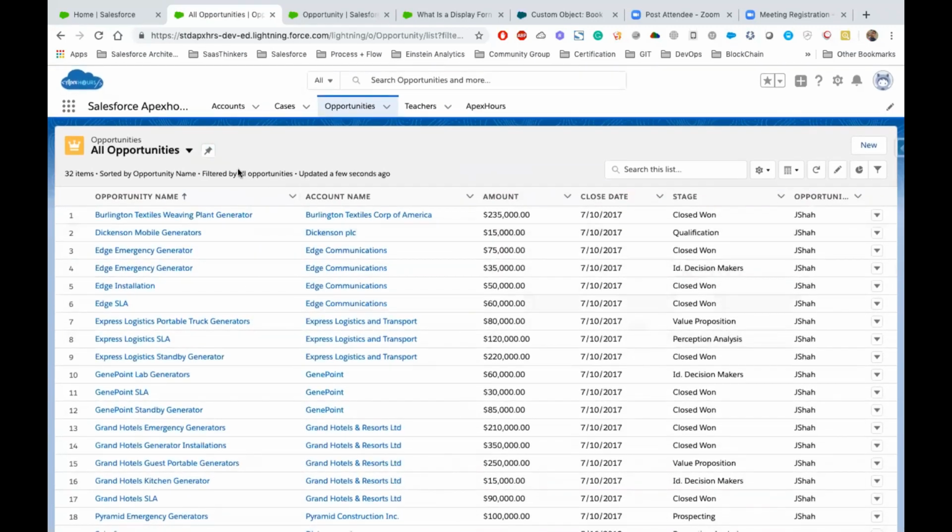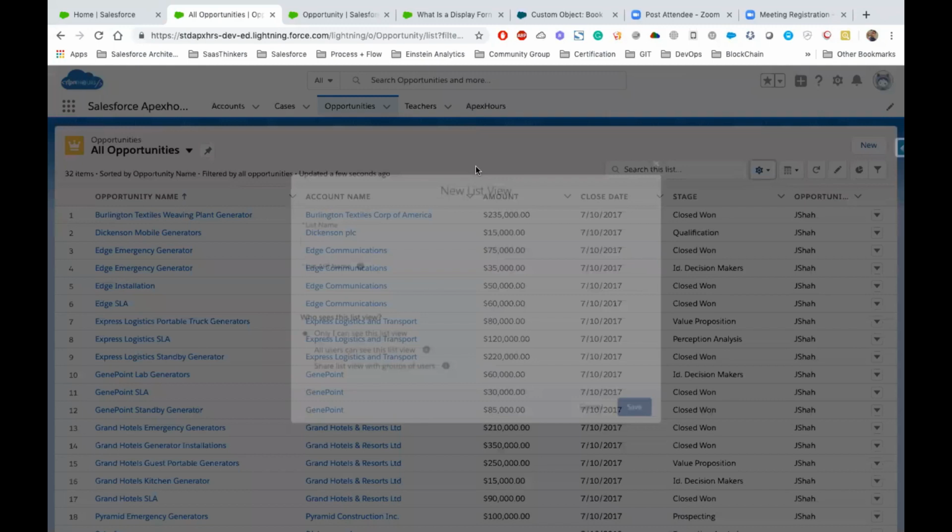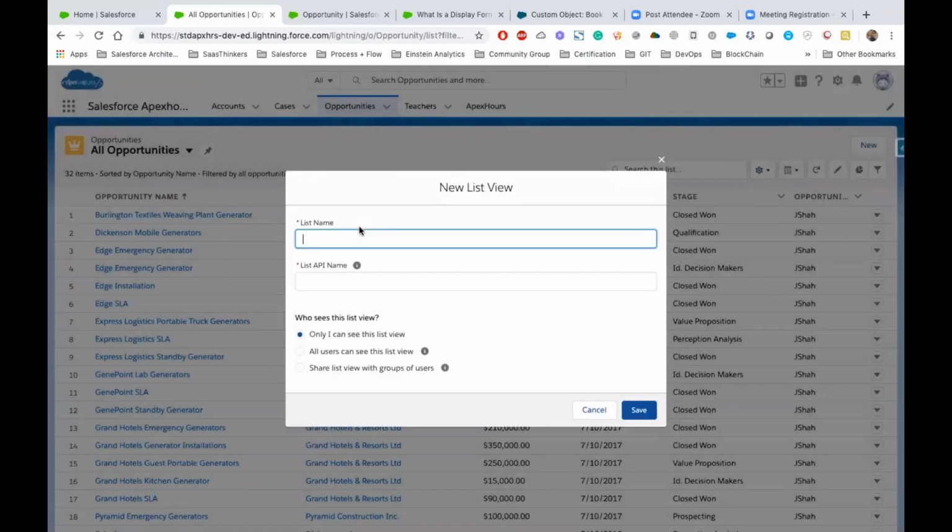Now let's say that we have a scenario: the user wants to see only those records whose amount is greater than 10,000. For that, you need to create a new list view. Click on this gear icon and you will see whether you want to clone, rename, or whatever you want to do with this list view. So we will click here, new. I will name it big deal alert,